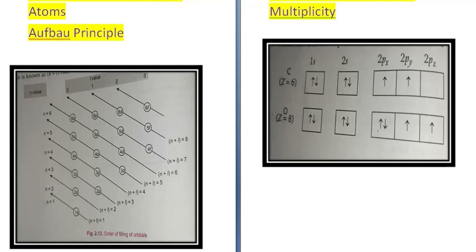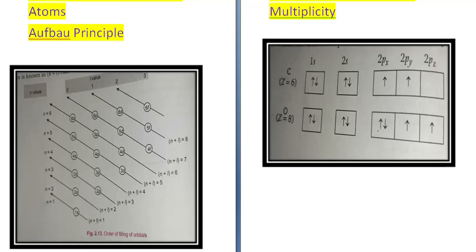So if you look at the diagram that is given, see the different orbitals, the order in which they are filled up is: first the 1s orbital will be filled. For the 1s orbital, the value of n is 1 and the value of L is 0. So n plus L for 1s is only 1. Next the 2s orbital is filled, the value of n is 2 and L is 0. So you get n plus L equal to 2.